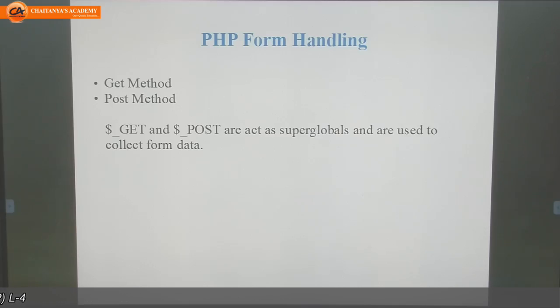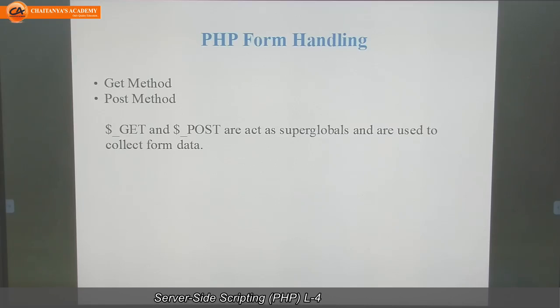PHP functions with arguments. What is meant by an argument? How can we pass arguments? Returning a value from a function. If we define any user defined function, then how to return or get back a value from that function, that we have seen. Now we will study PHP form handling.